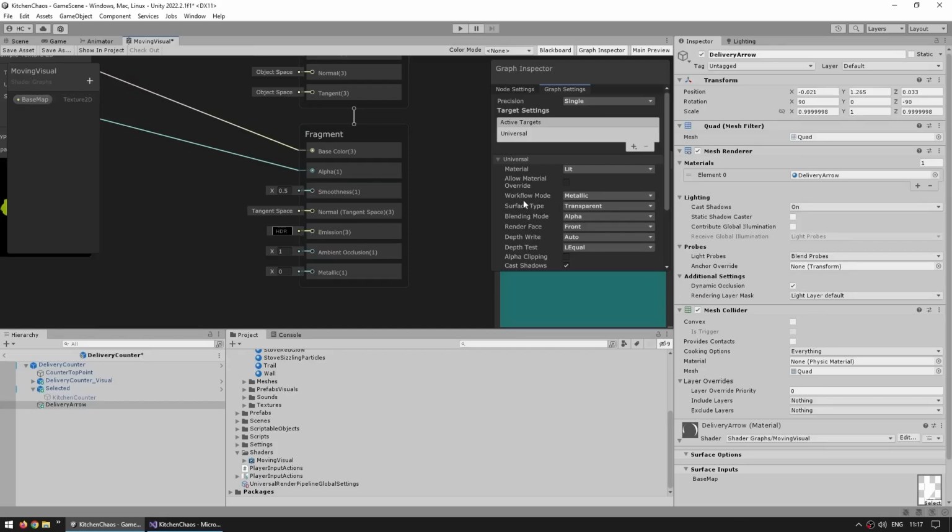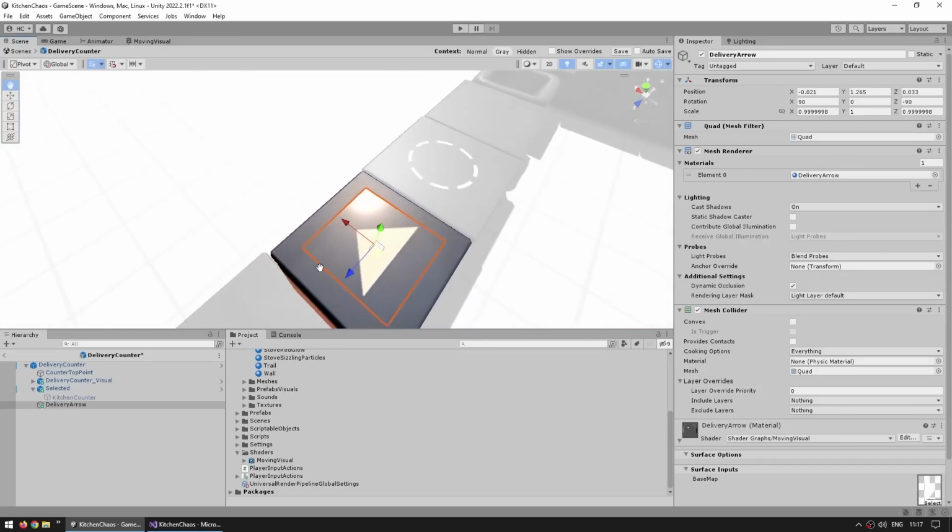And over here you can even modify the workflow mode. So for transparency, instead of making it metallic, let's go with a specular workflow. And then over here, set the smoothness to 1 and the ambient occlusion down to 0. And now if we save this shader, and look at that, yep, now the transparent parts are indeed fully